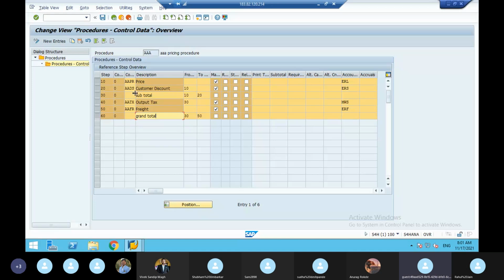So once group condition is triggered and activated for all the condition types, then only they will sit in the pricing procedure and become a group condition. Then only what you maintain here will come in the sales order pricing values. The moment the sales end user enters the pricing elements, PR00, K007, discount, freight, tax, manually in the sales order, and all the values come successfully, it means group condition is triggered and grouped in the pricing procedure. I'll create one sales order now.